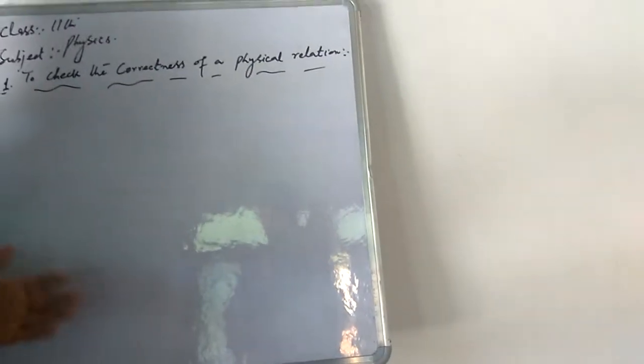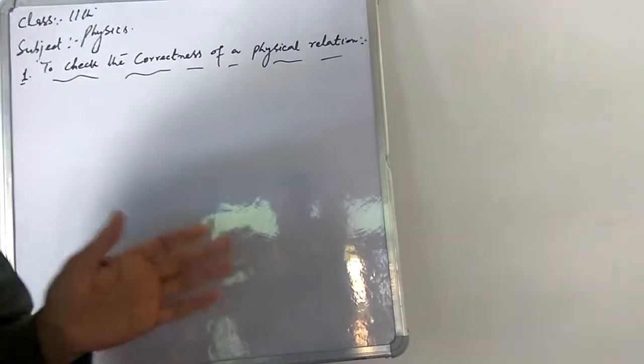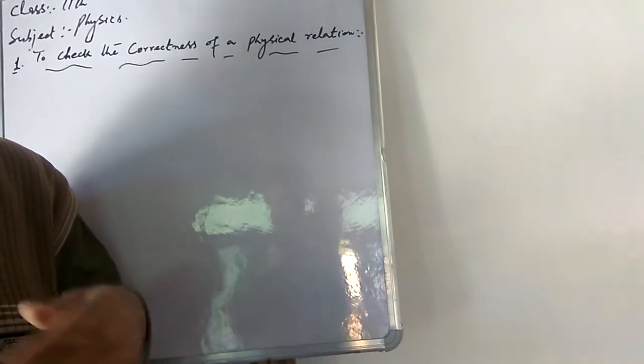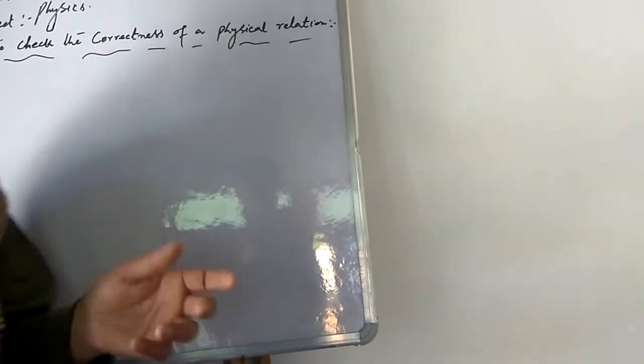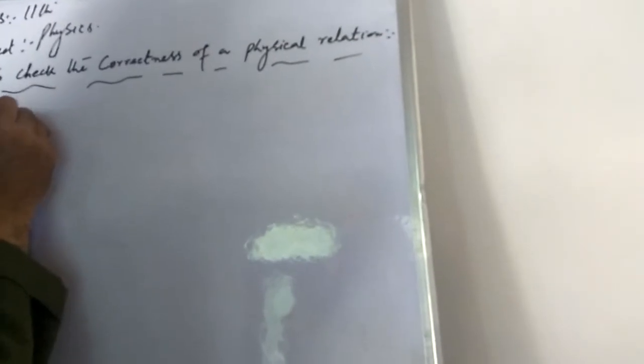That is, whether the dimensions of each term on both sides of the relation are correct or equal, or we can say same or not. When we see this, to check the correctness of the physical relation, we use